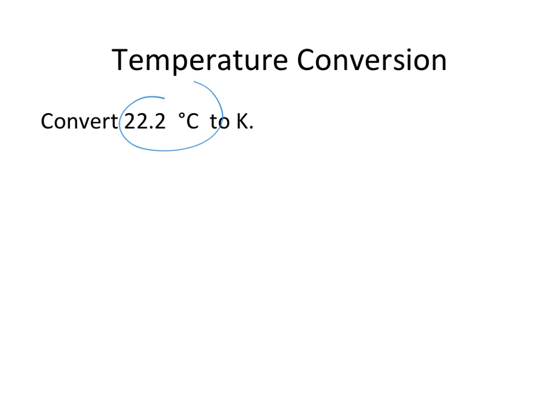So if we look at a quick practice problem, we've been given 22.2 degrees C and we're converting to Kelvin. So remember, Kelvin is degrees C plus 273.15. We're going to plug in our Celsius, so 22.2 degrees Celsius plus 273.15 is going to be our new temperature in Kelvin. We add that together, and that's going to give us